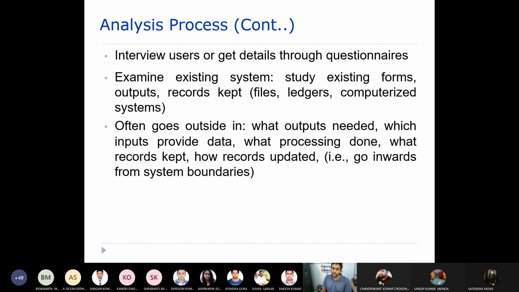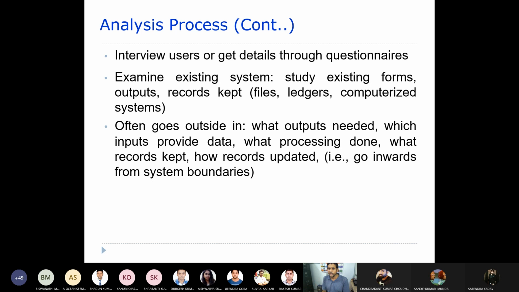Whatever forms you have, whatever records you have, whatever outputs actually come from those activities, everything needs to be studied. Maybe there are files existing, any ledgers existing, any computerized systems also involved as part of those processes. So everything should be studied. Usually we carry out these activities from outside to inside, that means we start from the system boundaries and go inwards